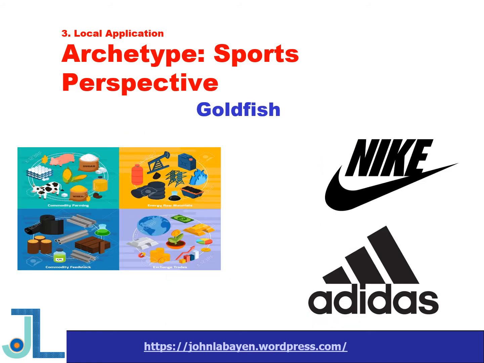The next pattern is goldfish. All I can think of in relation to sports is the way raw materials are sourced by sports product manufacturers like Nike and Adidas. They look for the best possible materials from different suppliers, different prices, and different specs. The choice of suppliers will be based on the company's policy, and this process is mainly business to business in nature.